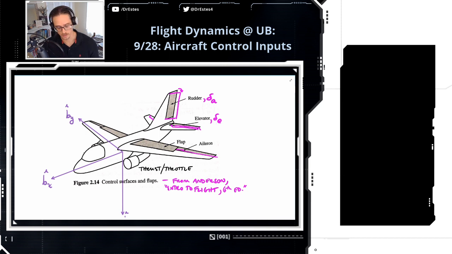And sometimes you can have forward elevators, and that could be on like a forward wing, which we call a canard. I hope I pronounced that correctly. Maybe one of you knows the proper pronunciation, but all that to say, you could have a surface like that even forward of the wing, but usually it's just on the tail. Okay, I got it, Jordy. Thank you. Appreciate it. All right, so we got elevator, usually on the tail, and then we have the aileron